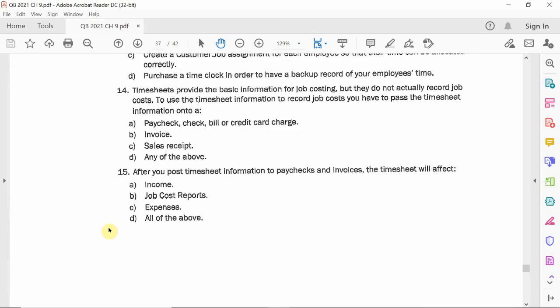Okay. Number 15, okay, after you post your timesheets information to a paycheck and then invoice, okay, the timesheets will affect all of the above, correct. Income, yes. Job costing